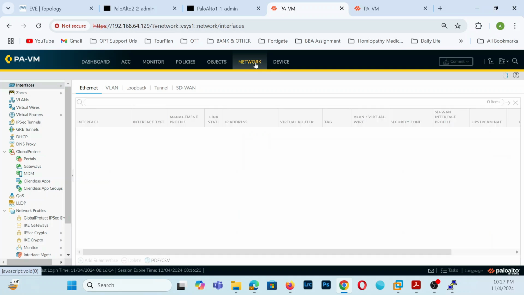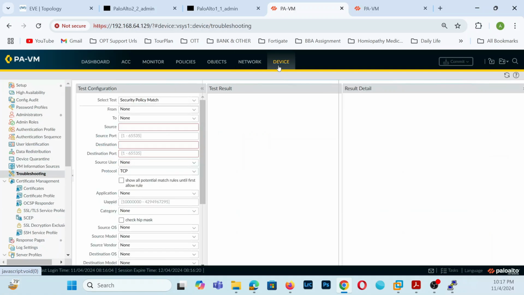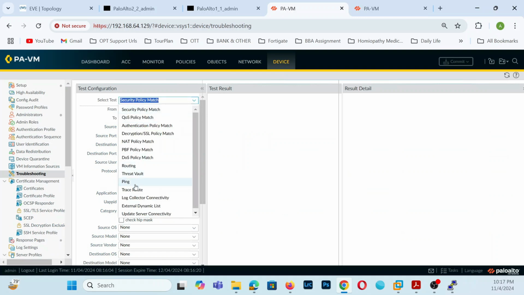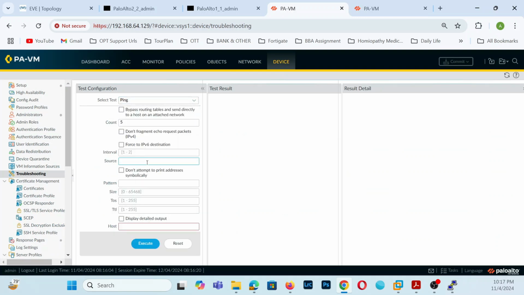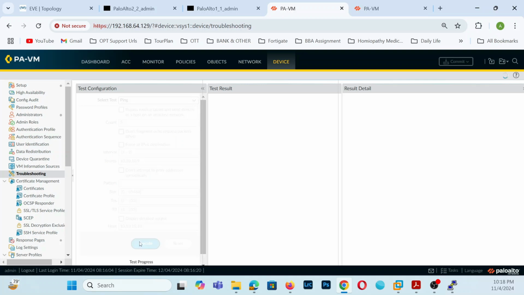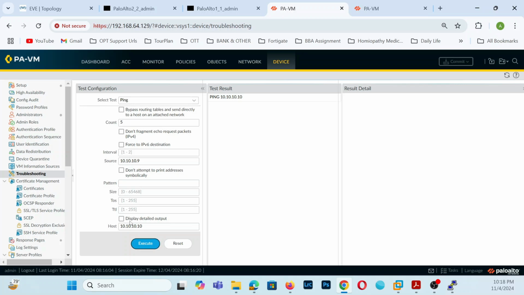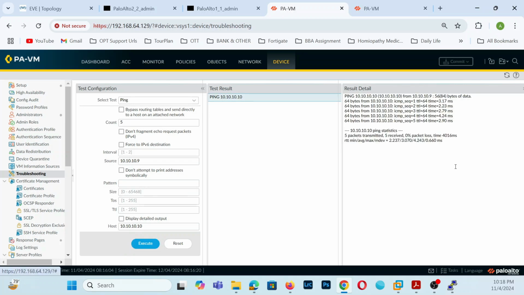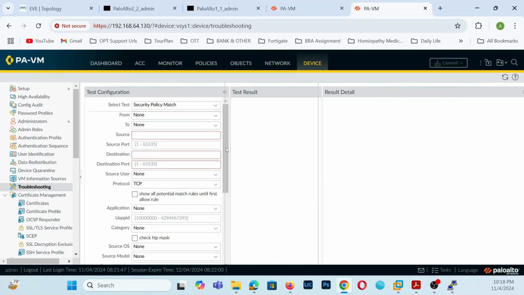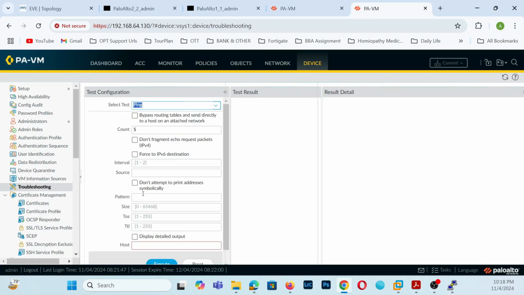Okay, now I can ping. 10.10.10.9 is the source, and 10.10.10.10 is good. Now it is the result, and you can see that you will ping that, so that is fine. So from here also able to ping, and in branch firewall 2 I can ping branch 10.10.10.10